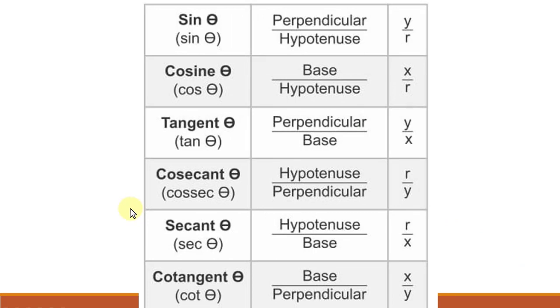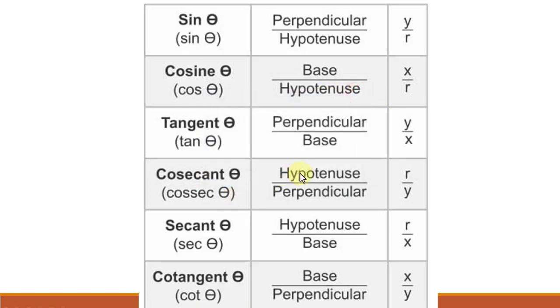So children, you can see on the screen, next sine theta. Now maybe you are thinking, what is theta? Theta is also a reference angle. So sine theta is equal to what? Here, see, all 6 important functions are given in the line. Sine theta equal to perpendicular by hypotenuse, cosine theta equal to base by hypotenuse, tangent theta equal to perpendicular by base, cosecant is equal to